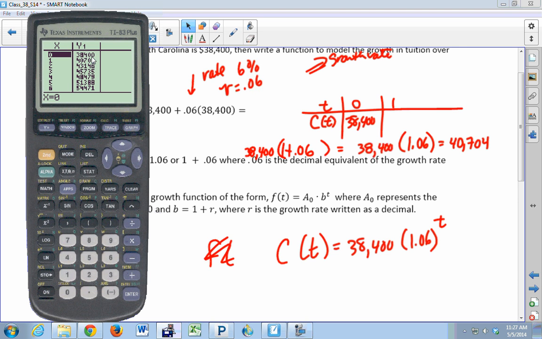If she were going this year, it'd be 38. Next year, it's going to be 40,704. Now look at the difference. This was less than $1,200, right? From now until next year. But then look what happens. Because it's growing exponentially, it starts increasing pretty quickly. So her second year would be 43, and her third year is 45. If she has to go 4 years, it's up to 48. So exponential growth